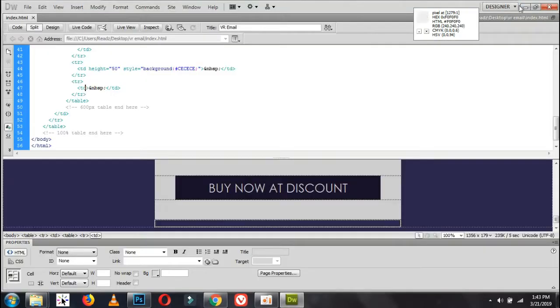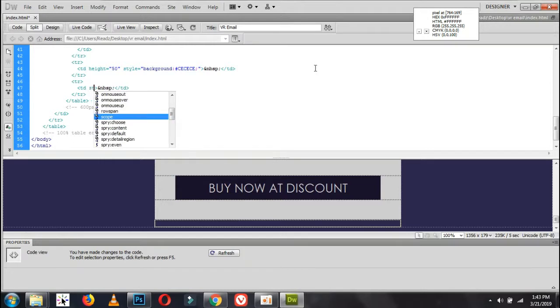Okay, and style, padding. Now I'm going to write the padding option in a different way. So at the top the padding is 25 pixel,